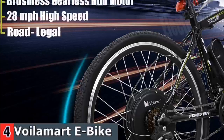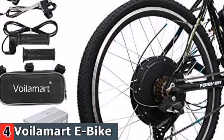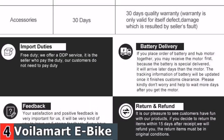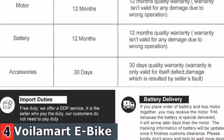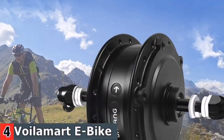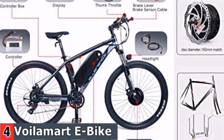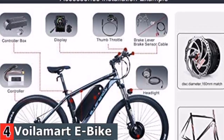LCD display shows battery level and pedal assistance settings. Brake levers cut off the power supply to the motor safely. Twist throttle has battery level display. Comes with all the components you need for a full conversion, including rear wheel, motor controller, controller bag, pedal assist crank sensor, cable ties, and plastic coil, twist throttle, 1 pair of brake handles,